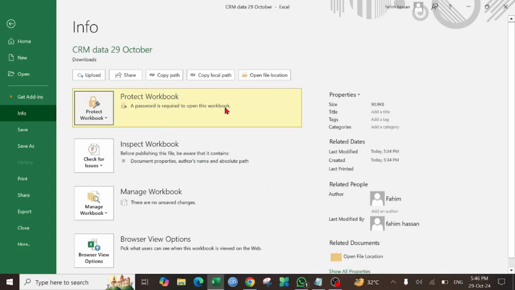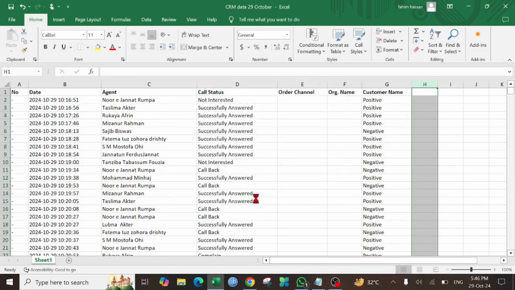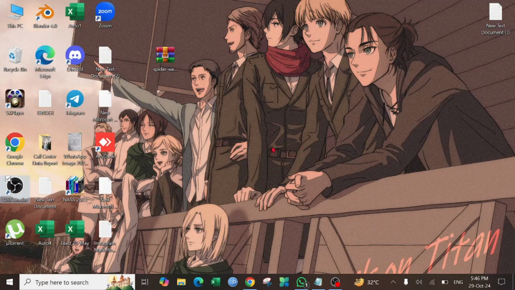And now as you can see, this Excel file is password protected. Now if I close this one, and now if I want to open this file, I need